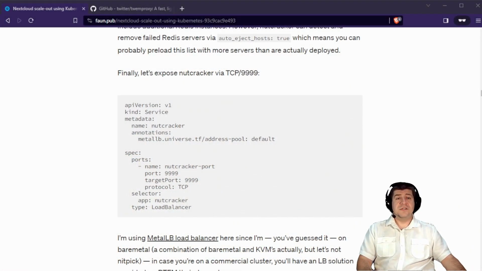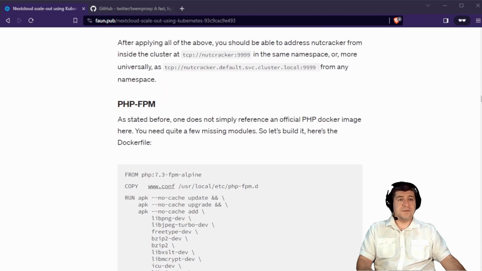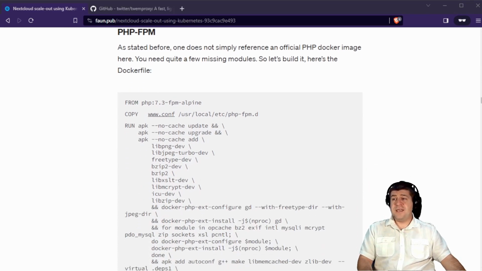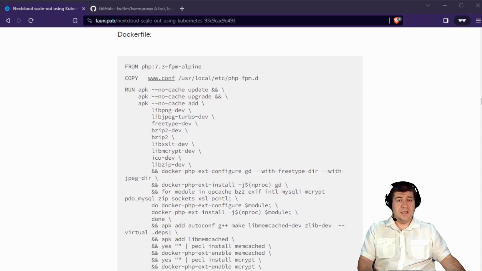If we scroll down on the site and take a look at the next steps, we see that the next part of the deployment is the PHP FPM deployment. FPM stands for FastCGI Process Manager. The instructions indicate a version 7.3. As this version is long out of support, we will create a version 8.1 and we'll walk through the changes